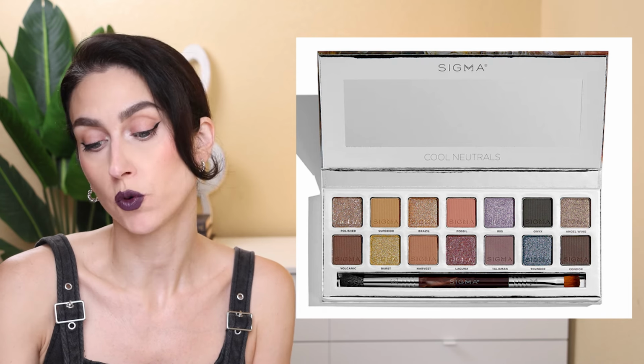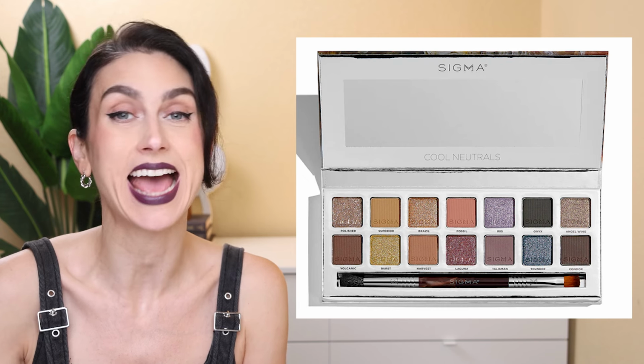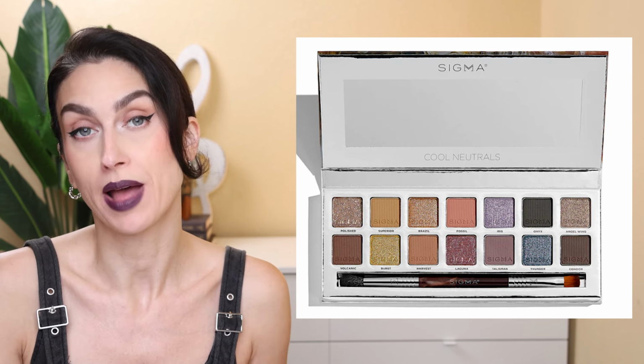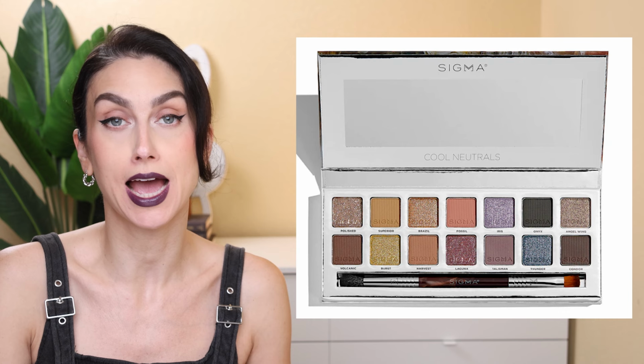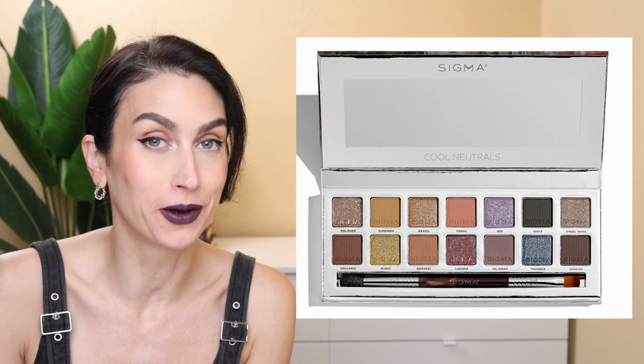It says that it's 14 cool neutral hues inspired by the exquisite colors of Brazilian agates. It is an absolutely beautiful palette. I have used it quite a few times now. It will be showing up in my palette ranking the next time I do a palette ranking, which should be